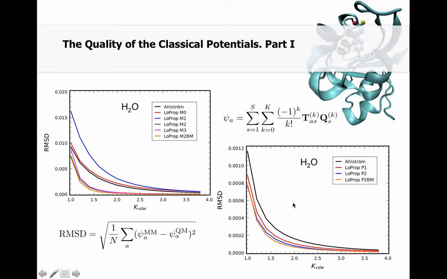The same is true when we look at the induction part of the induction potential. This figure here shows that the error is also reduced systematically when we make a more accurate description of the